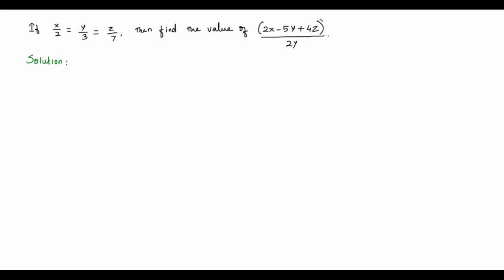Here we have a problem on proportion. Let's read the question. If x by 2 is equal to y by 3 is equal to z by 7, then find the value of (2x minus 5y plus 4z) whole divided by 2y. Okay, so to know the value of this ratio or fraction, I must know the values of x, y